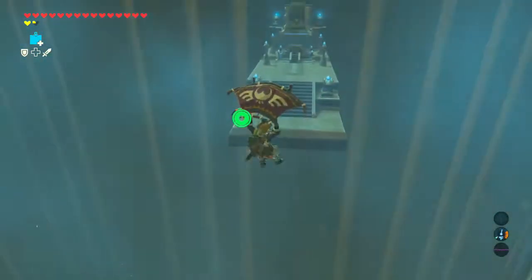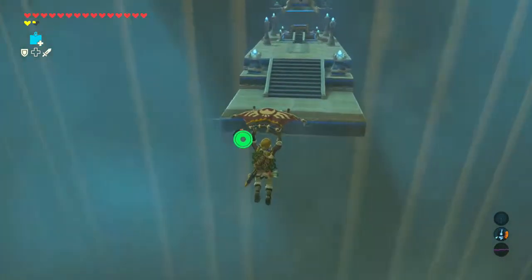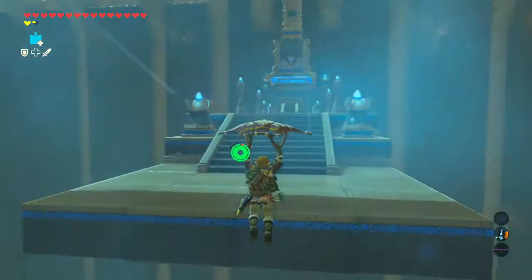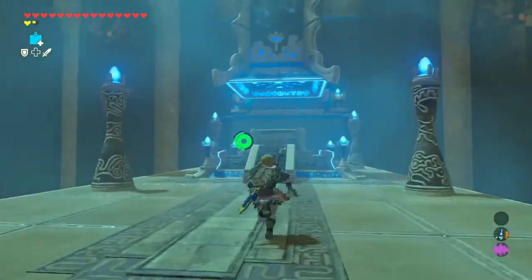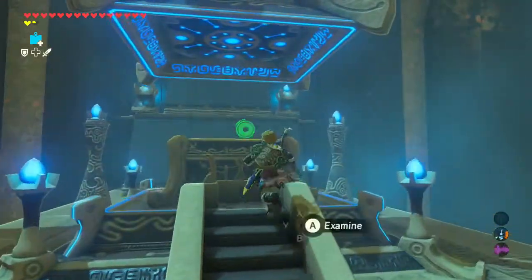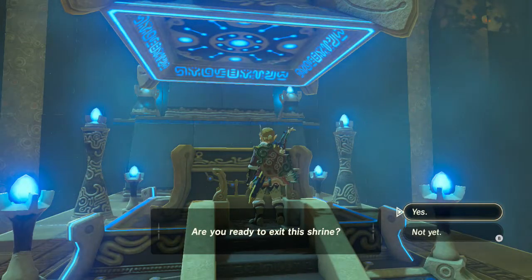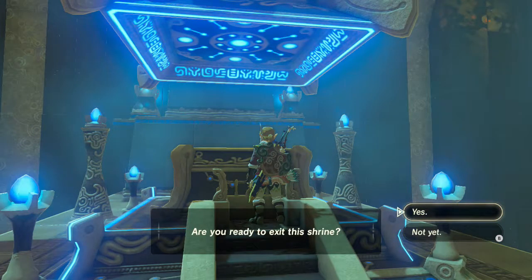But, like, I don't know. This seems like it would be something that would fit so well in the base game, and it doesn't seem like it needs to be within Champion's Ballad, but whatever. That's the entire shrine. It's pretty simple, but it's really fun.